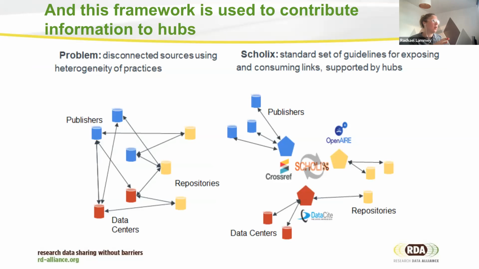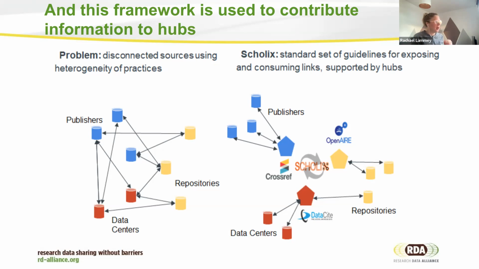But on a higher level, why did we need something like this? Why did we need a standard format to be able, as infrastructure providers, to exchange, for example, links between articles and data, or links between the data and the articles themselves, or even links between data sets or between other items? The problem was, if you can see the slides on the left-hand side, this is sort of what the